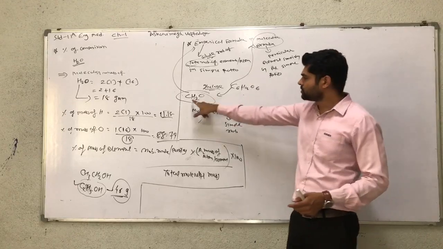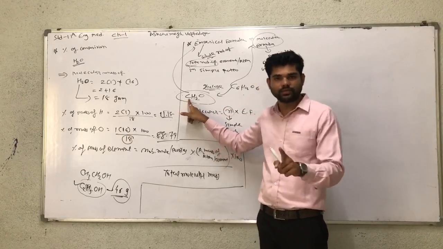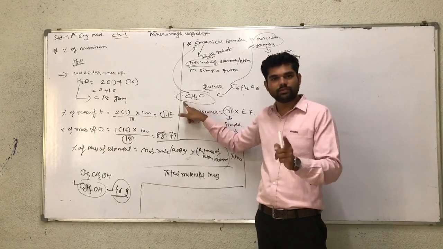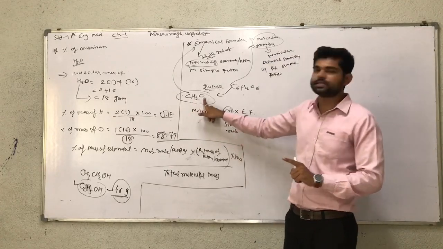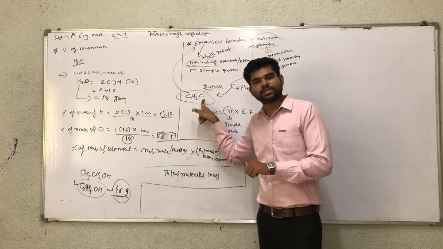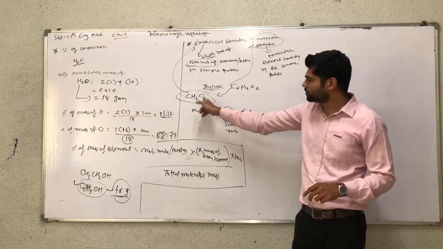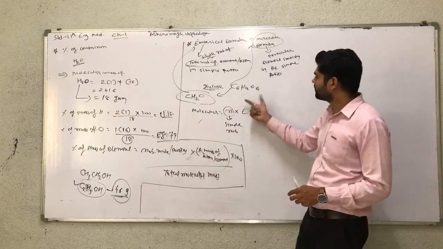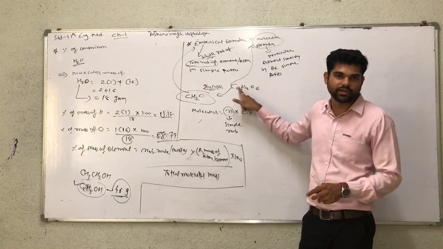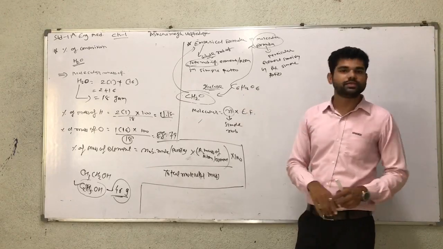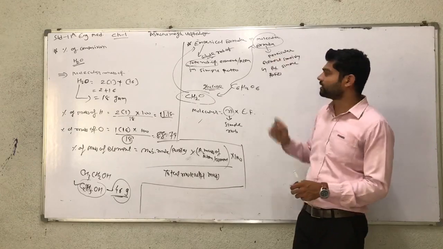How to get it? How many carbon? 1, therefore 12. Plus how many hydrogen? 2, 2 into 1, 2. 12 plus 2, 14. 14 plus O single, it means 16. So 14 plus 16, it means 30. So 30 is the empirical mass, and molecular mass means C into 6, 12 into 6, plus 1 into 12, plus 6 into 16. So that is our molecular mass.